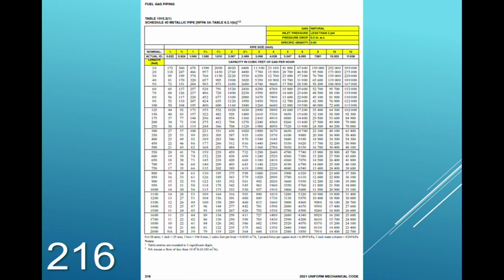How far am I running? Do you agree my developed length was 58 feet? On page 216, do you see 58 in that first column? No? So it goes from 50 to 60. Do you agree we'd have to use 60? Now listen, guys, we use 60 because 50 is not enough, right? We don't round up or down, but if I'm running 58 feet, then 50 feet's not as far. I got to go to 60. If I was 61 foot, you're going to have to go to 70 because 60 is not far enough. Make sense? If I was running 61 foot, I'd have to step up to the next furthest run, right? So we're going to go across there